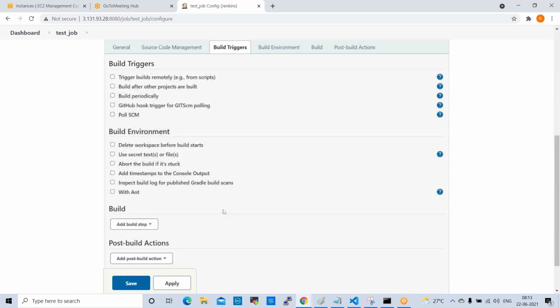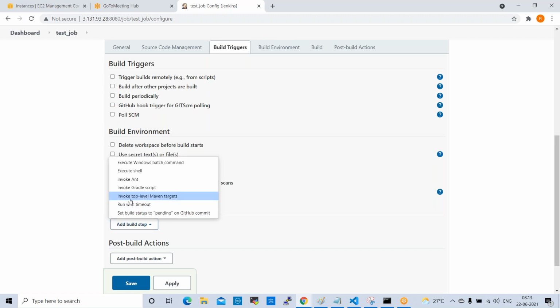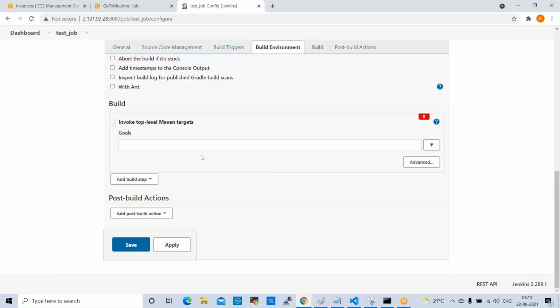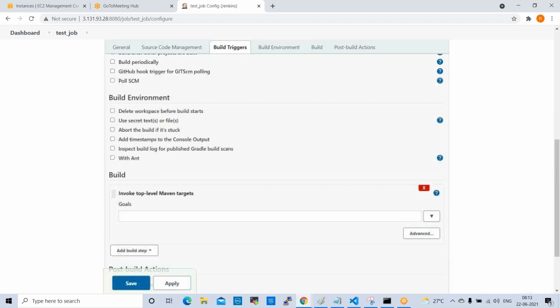Go down, click on build, add build step. Here it is showing invoke top level Maven targets. Click on this; see here, nothing is there. Maven is not available here. Once we install Maven, what will happen? I'll show you.